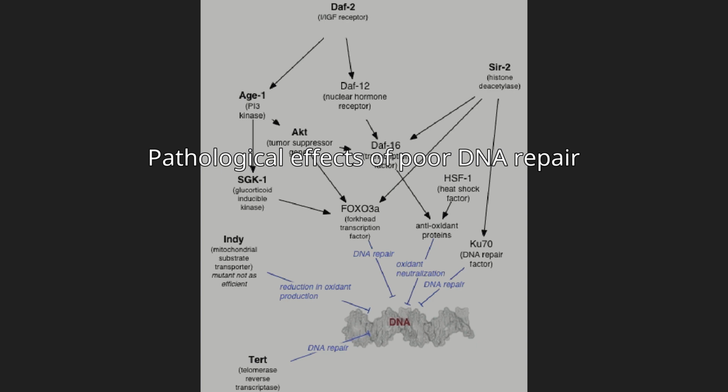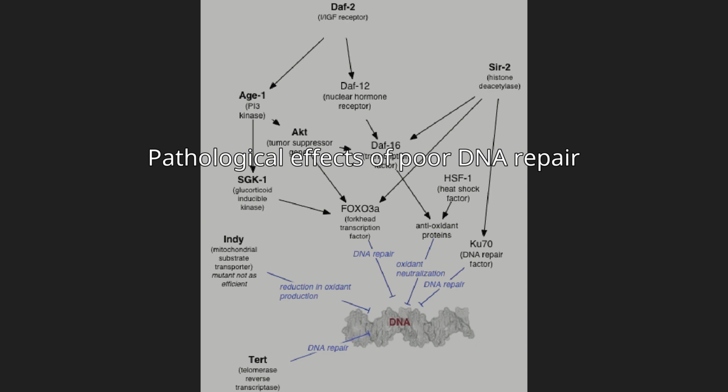If the rate of DNA damage exceeds the capacity of the cell to repair it, the accumulation of errors can overwhelm the cell and result in early senescence, apoptosis, or cancer. Inherited diseases associated with faulty DNA repair functioning result in premature aging, increased sensitivity to carcinogens, and correspondingly increased cancer risk.